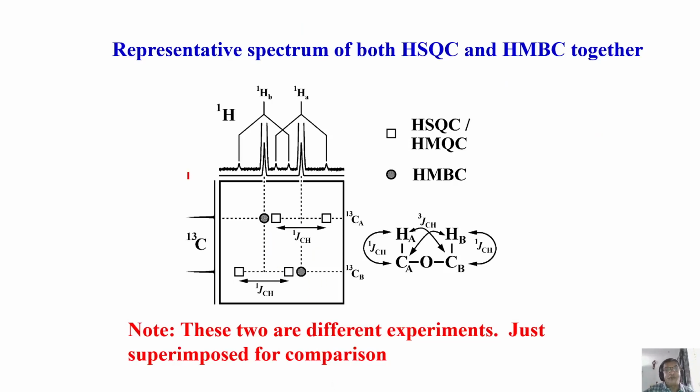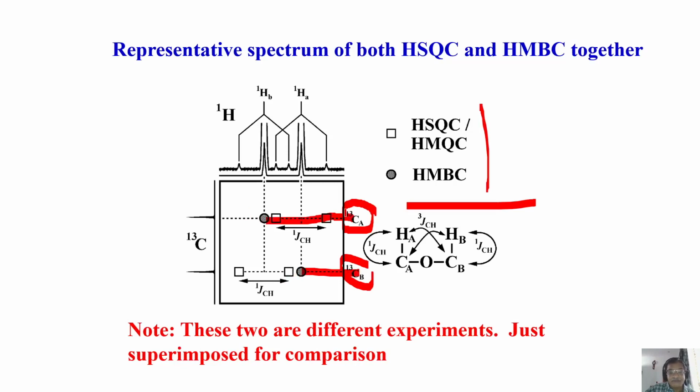Let me see what is there to solve. Okay, the one slide I'll explain in another 1 or 2 minutes. Now, in reality, of course, there are two different experiments. If it is plotted together, how it comes. This will make your doubts clear. Now in HSQC, what you are going to see in the carbon dimension is very clear for you. This is carbon A, carbon B, and just go across this, you get carbon chemical shift. Done. Now, in the coupled HSQC experiment, you get two peaks exactly at the center. Similarly, for carbon B, you get two peaks exactly at the center.